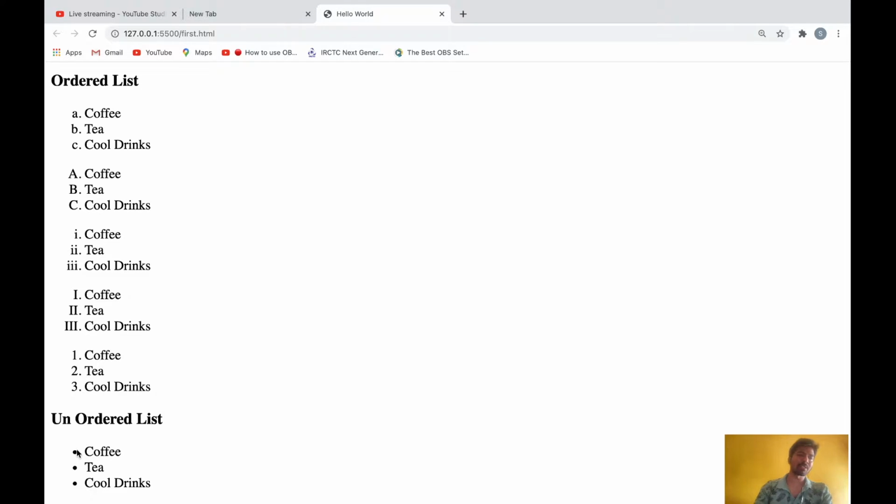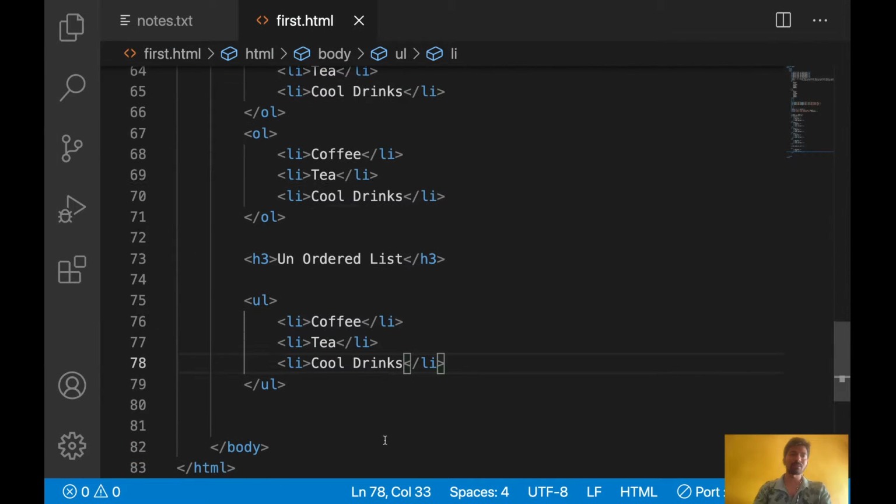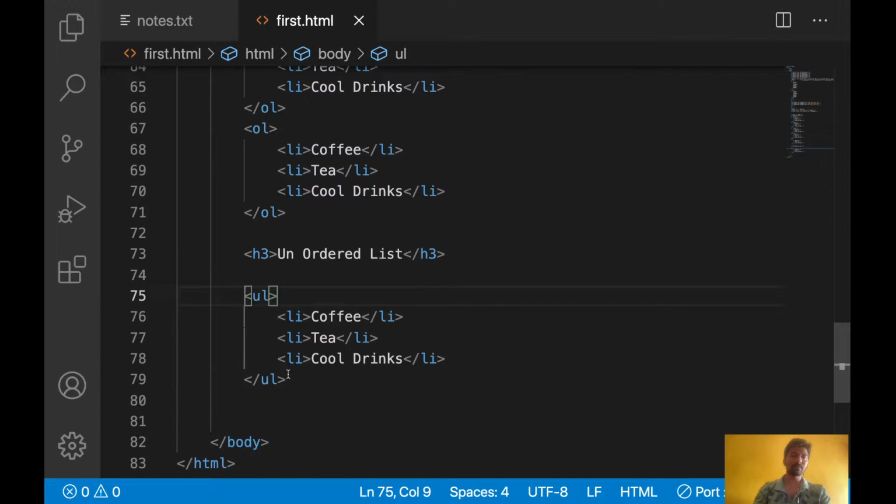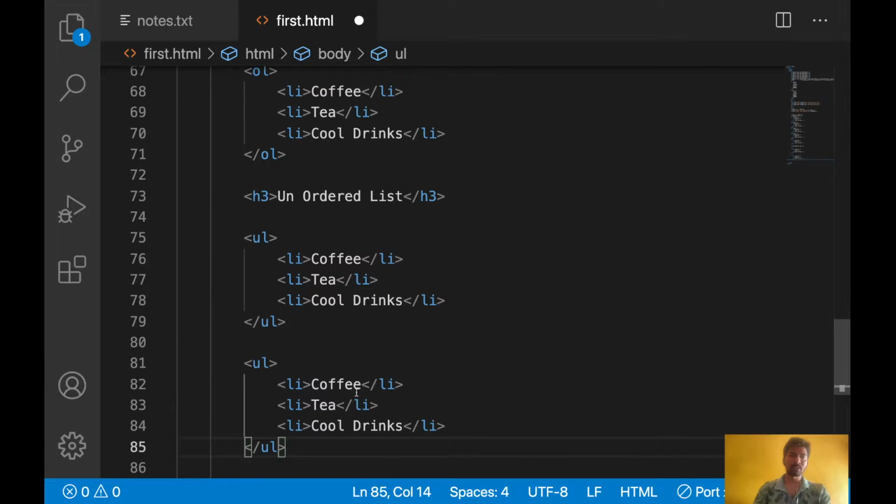These dots, you can change based on your requirement. Let's say I want to change it to a circle. The same type attribute we will use for changing the bullet, type circle.